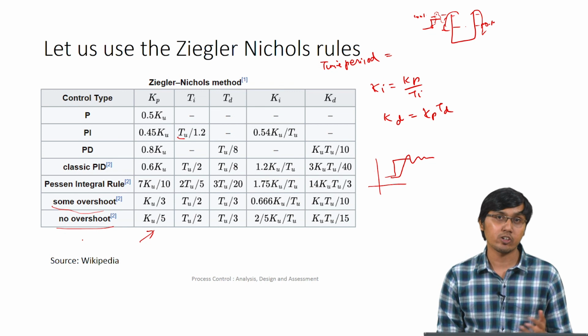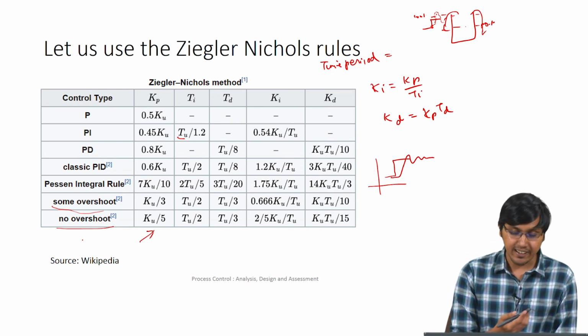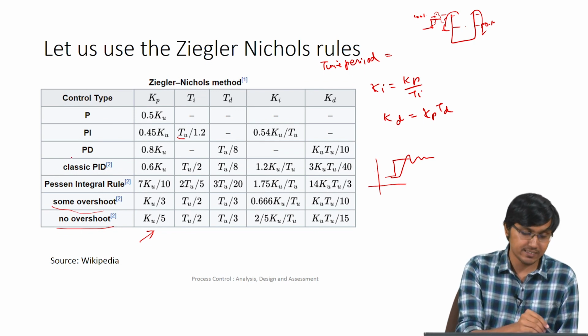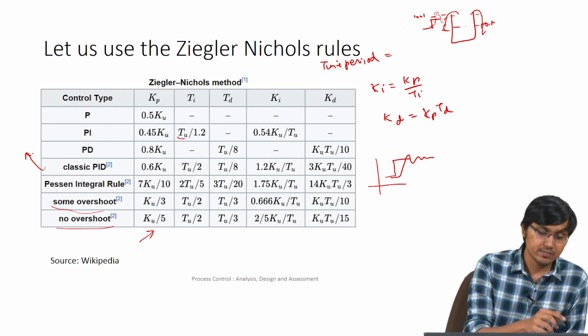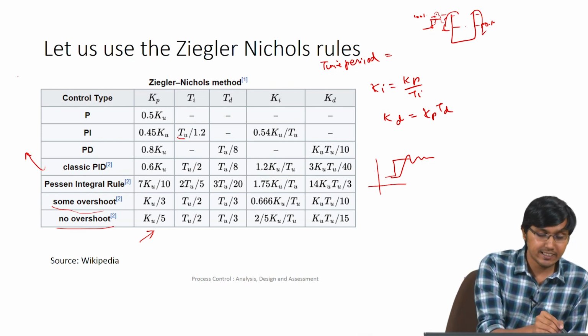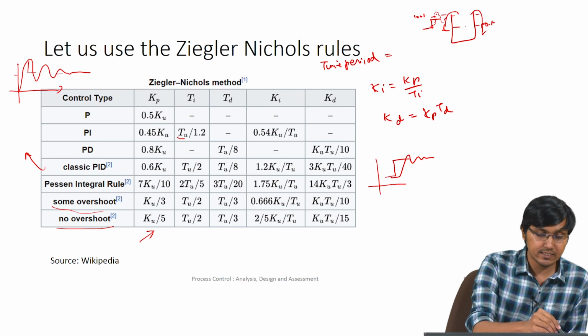You can do the literature survey and then you can find it out, substitute, and see what happens. And this classic PID is another thing that most people use. Why it is interesting is because it says I will have a decay ratio of 1/4. So if you have something like this and then settling like this, what it basically says is if you see this amplitude and this amplitude, say you call it A and you call it B, then